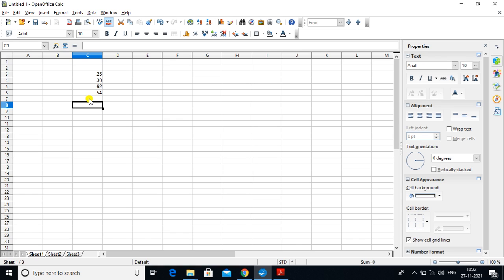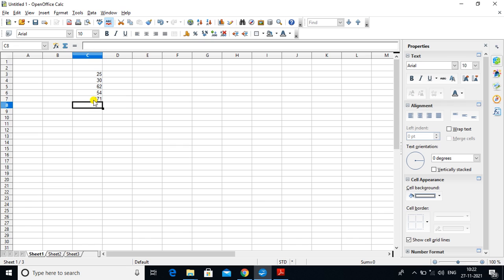So, I just want to display the result in this cell, which is C7, the cell address. So, I am just clicking here, going to the sum symbol, clicking it, and pressing the enter key.